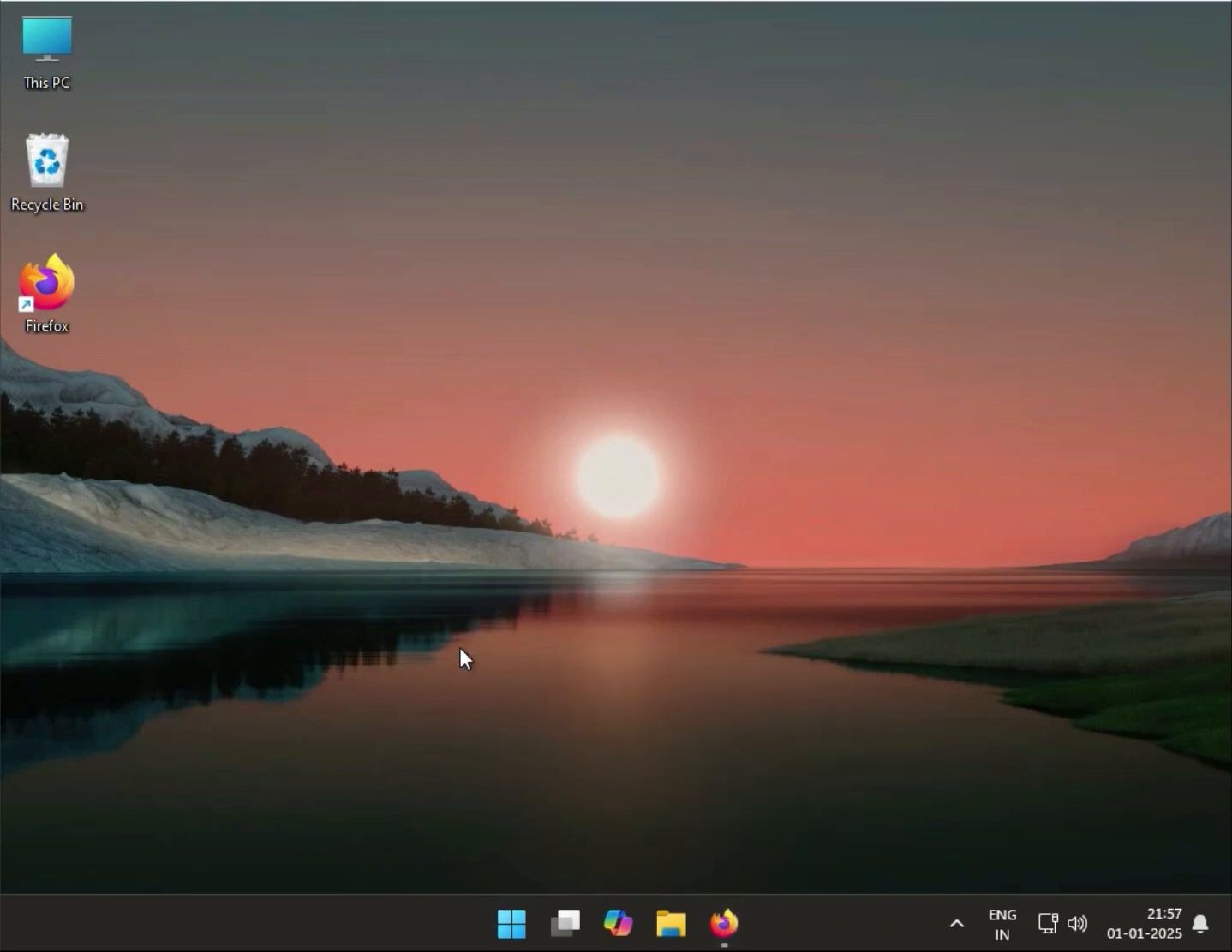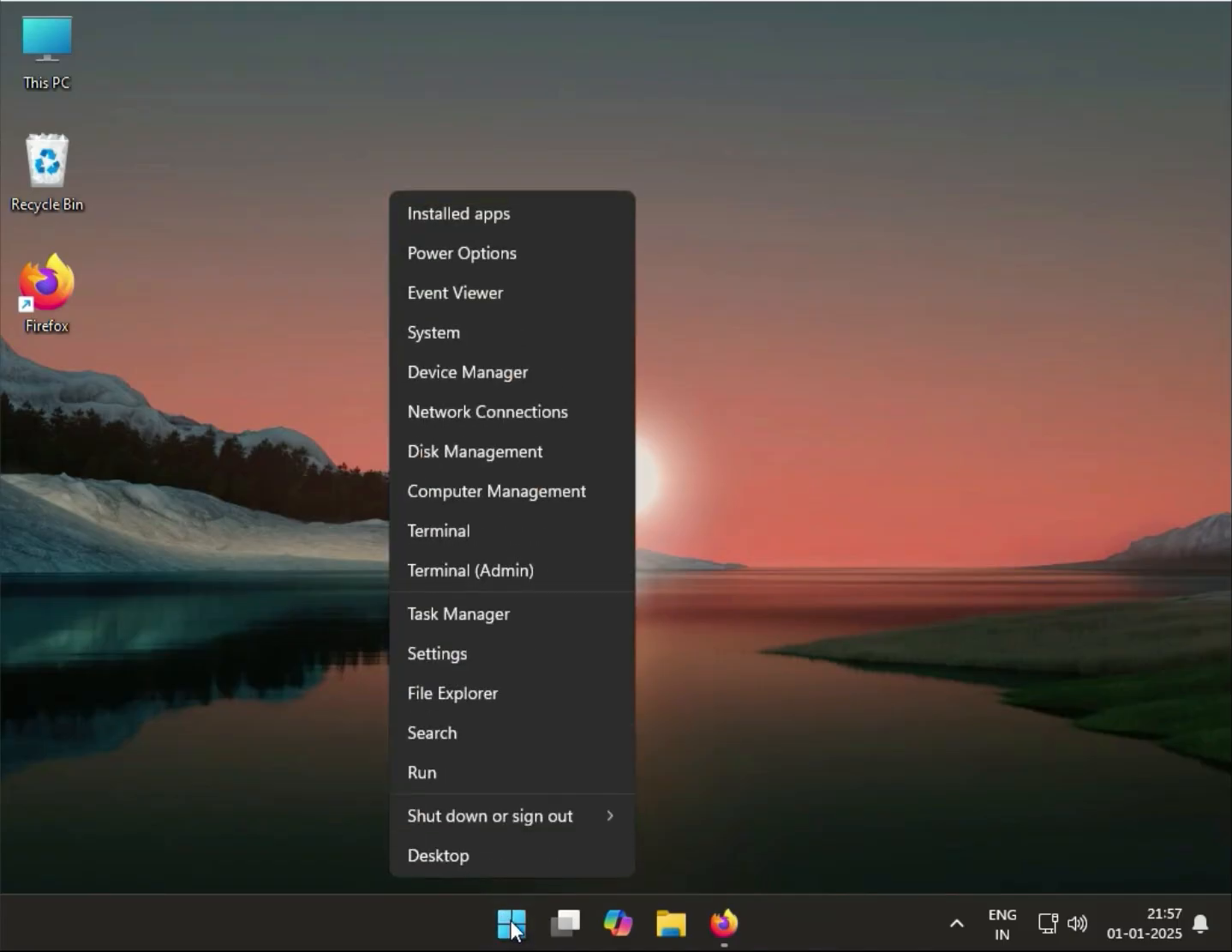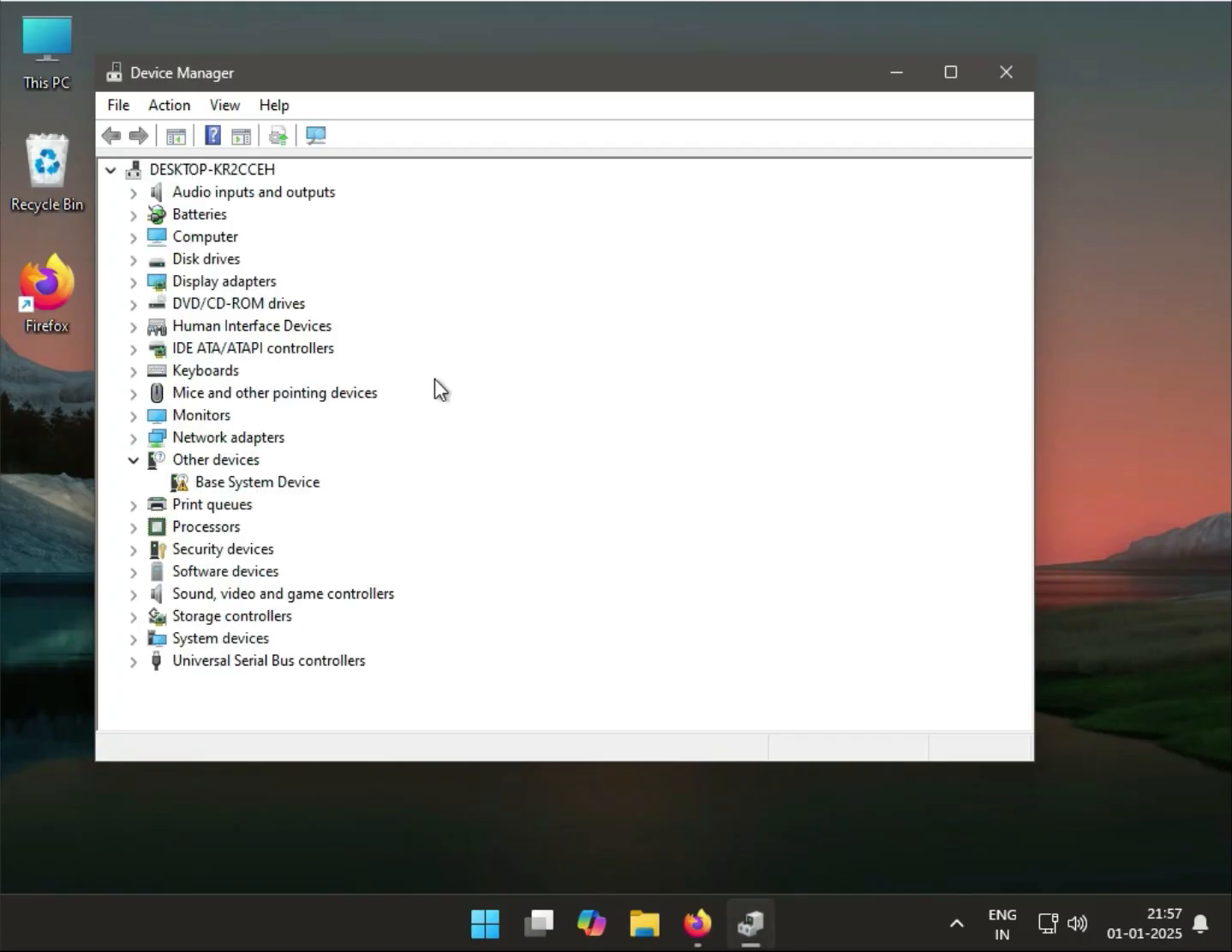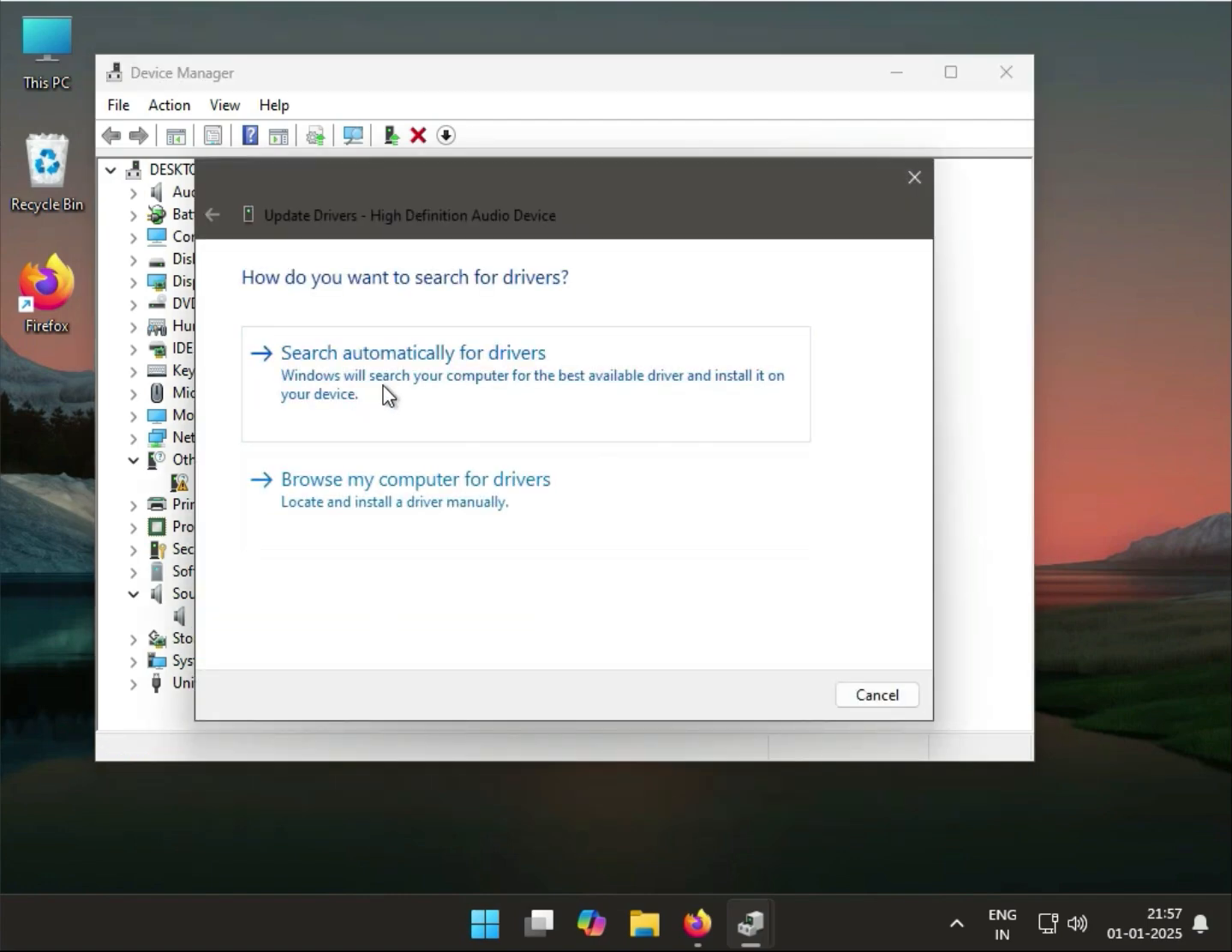So guys, related to Realtek audio issues, check the installed driver version. Right click the Windows icon, the Start icon, go to Device Manager, expand Sound, video and game controllers, and then right click and choose Update driver, search automatically,